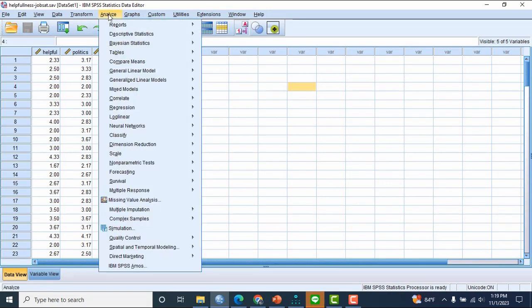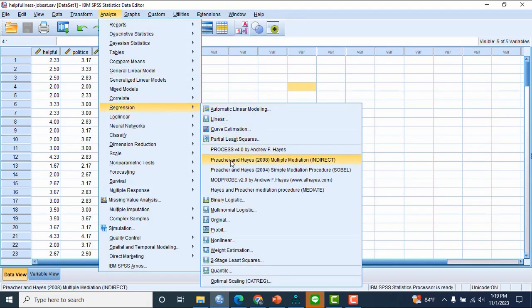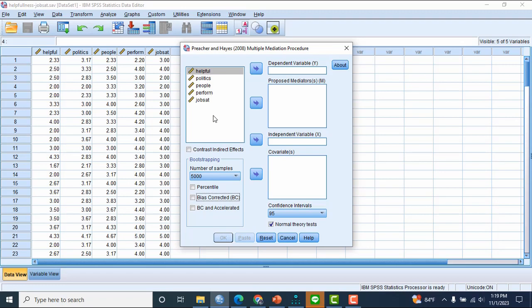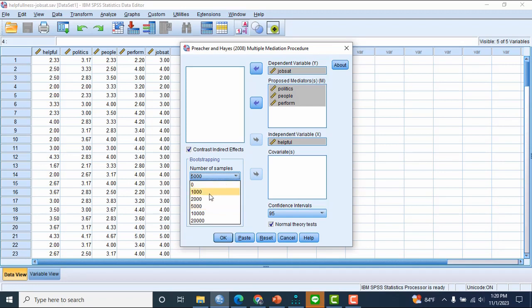First, click Analyze, and then Regression, and then Preacher and Hayes 2008. First is helpful, we put in the independent variable, and job set we put in as the dependent variable, and politic, people, and perform we put in as the proposed mediators. And we check the contrast indirect effect, and then we put the bootstrapping at 5,000, and we check bias corrected here,